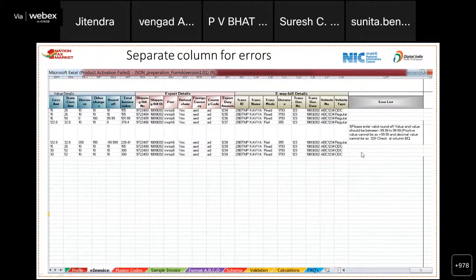This also has the e-way bill details. You can update the e-way bill details, and also there is a column for the errors. Suppose now you have entered all the data and you want to know if there are any errors in your sheet, then you can click on validate. The system will throw up all the errors which are available, shown on this particular line. So this particular line has some error, so it is showing here. This way you can go to the specific line, make the corrections and